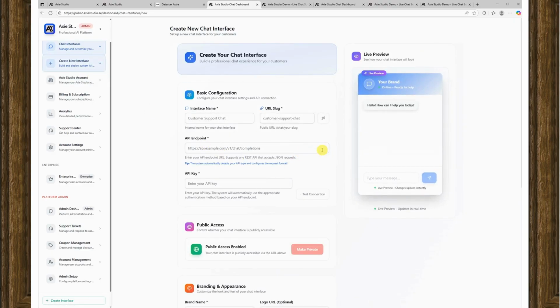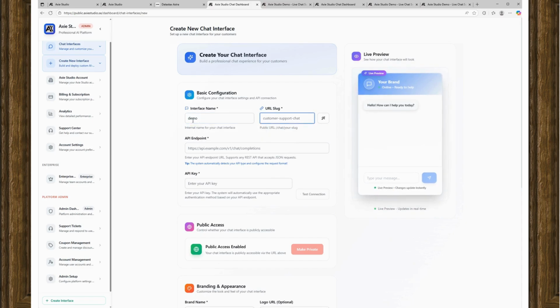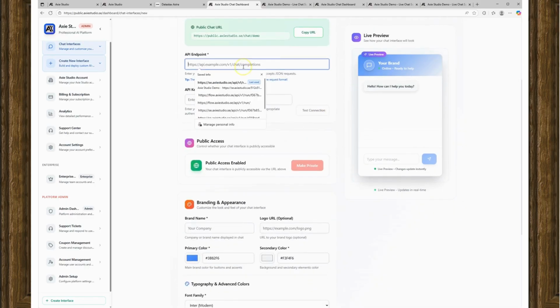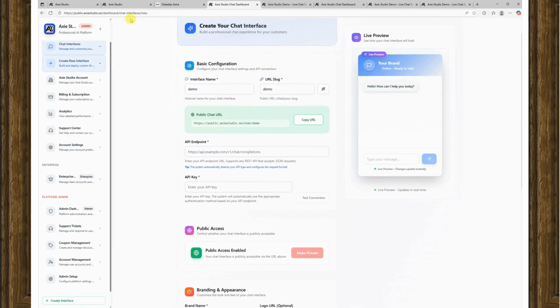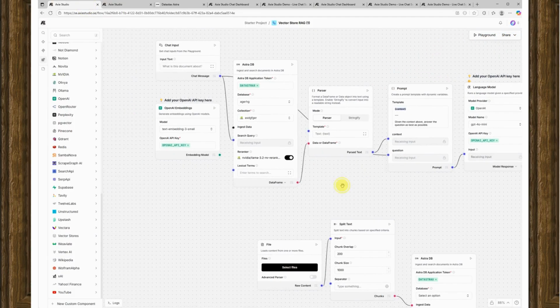So if you want to create one, simple as that, your name, what you want it to be. Just say demo, and then it's going to be demo. Let's see if it's available. It's available. Then the API endpoint, as mentioned, is going to be, you go back to the app, to the flow,